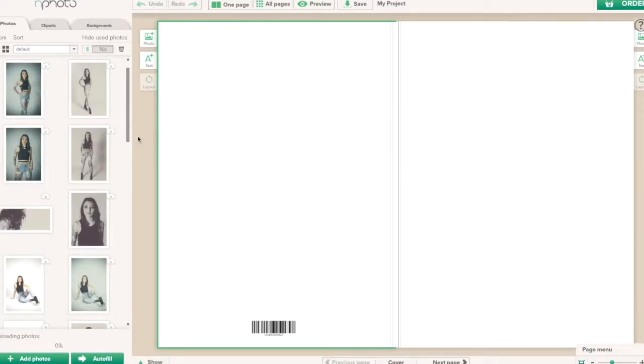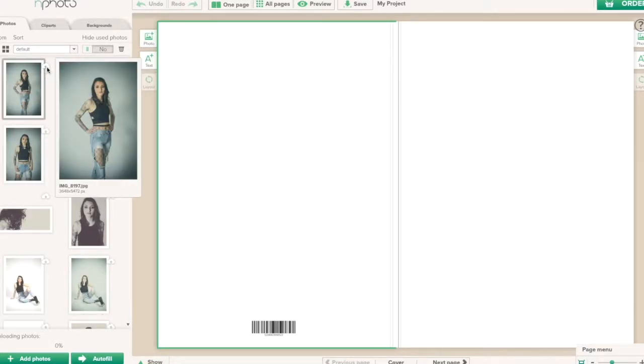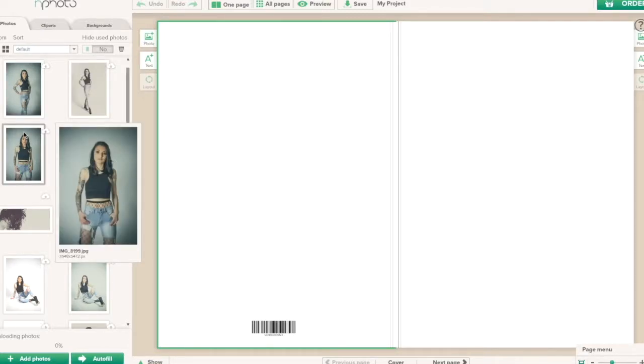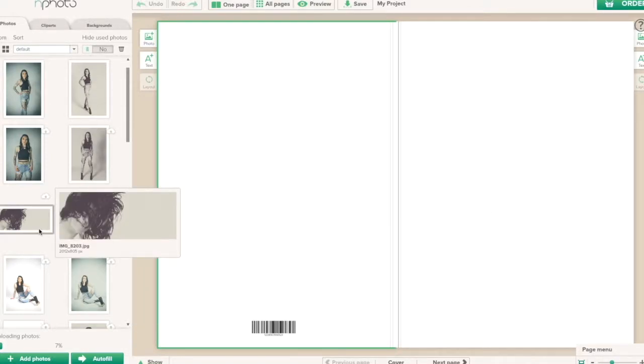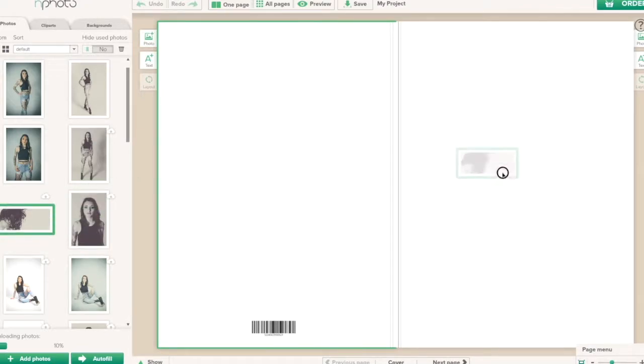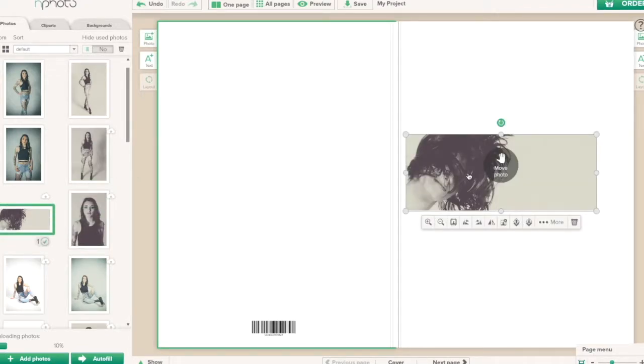You just add the photos and go to the editor, and you'll notice that these photographs are shown in the cloud and they're currently uploading as we speak. The first page that you'll see is the cover page. So on the left it's showing the back of the cover, and on the right it's showing the front of the cover. So we're just going to place this photograph here onto that front cover, and we're going to flip